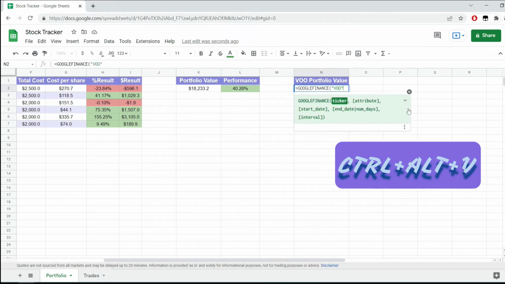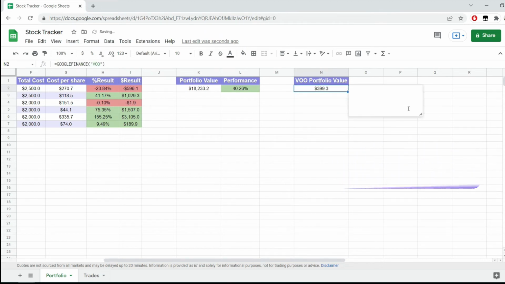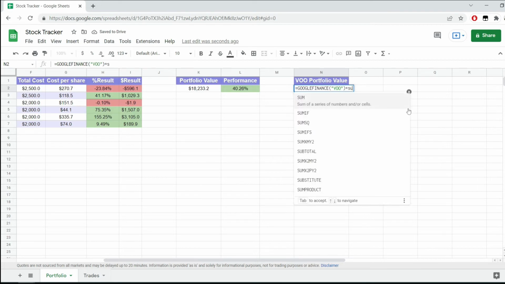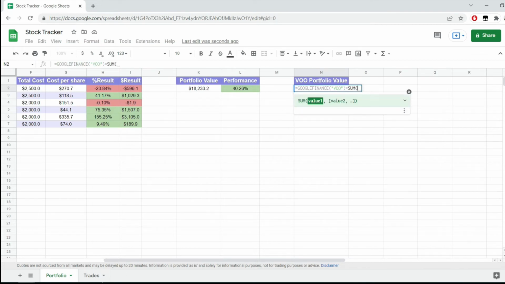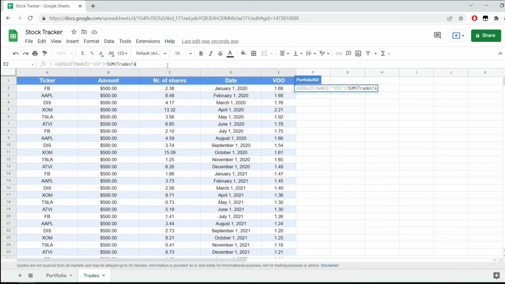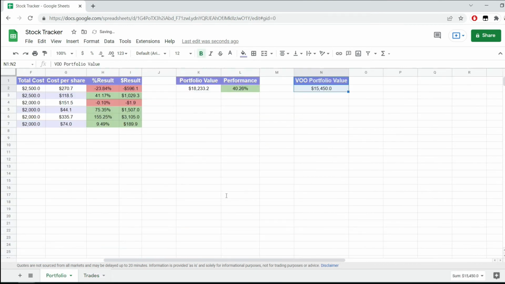To get the VOO portfolio value I'm getting the price of VOO today and I'm multiplying it by the total investments that I made, and for that I'm getting the number of shares that I would have purchased from the trades sheet, and look at that, I would have had that dollar amount investing into VOO as compared to the